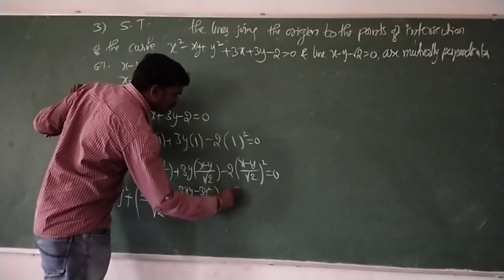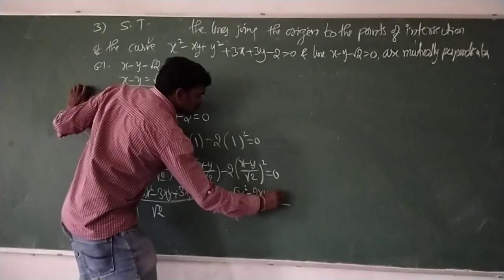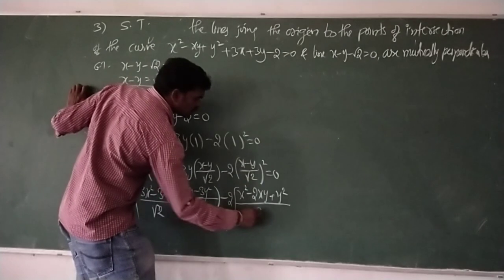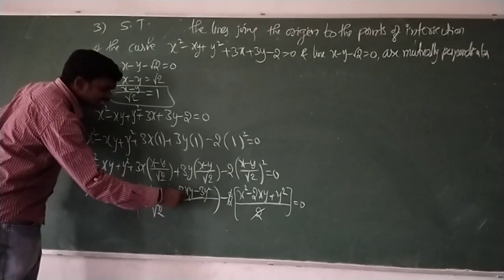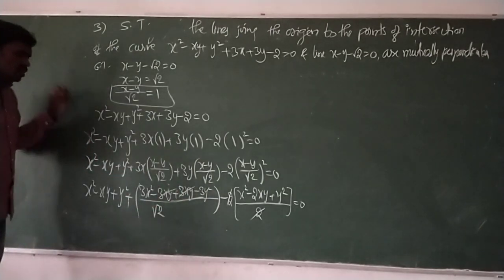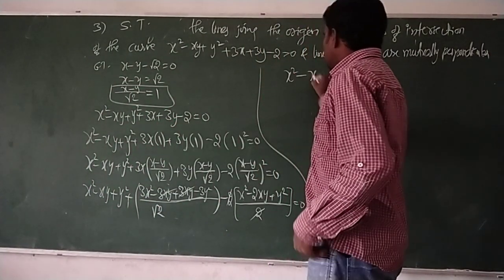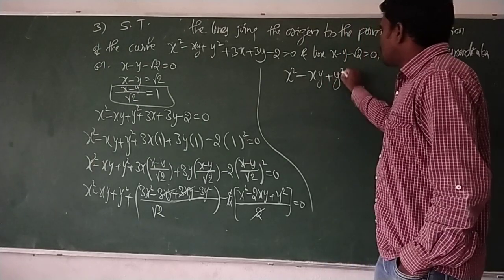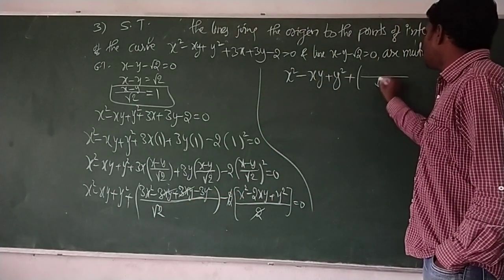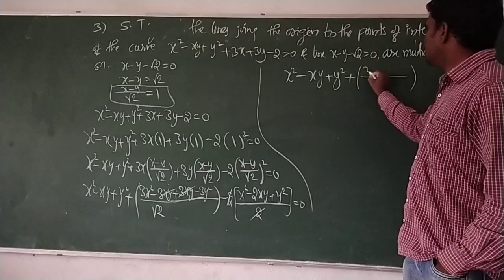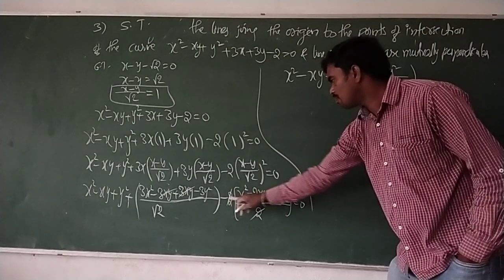And here minus 2 into x minus y whole square, which means a square minus 2ab plus b square. Root 2 whole square means 2. So here 2 gets cancelled. And in this, plus 3xy minus 3xy gets cancelled. So now check it. Again I am writing the terms x square minus xy plus y square, and plus, by root 2 as it is, I am writing the remaining terms 3x square minus 3y square, and minus plus cancel, remaining minus x square